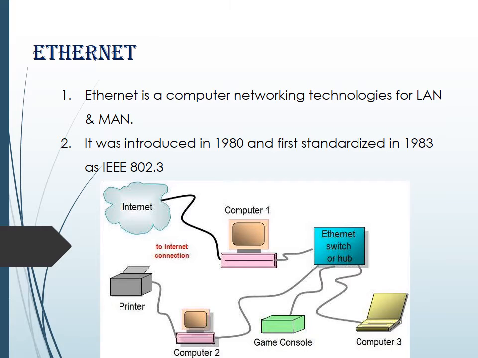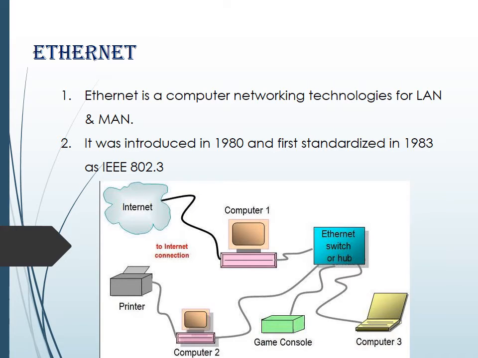Second type of Ethernet is fast Ethernet. Fast Ethernet is the protocol designed to work at higher data rates than the traditional ones. Typically, it can support data rates up to 100 Mbps. The traditional Ethernet can operate only up to 10 Mbps. Hence, for higher data rates, fast Ethernet has been developed.